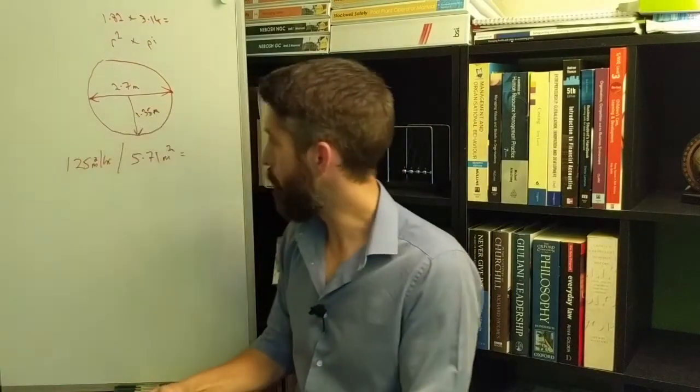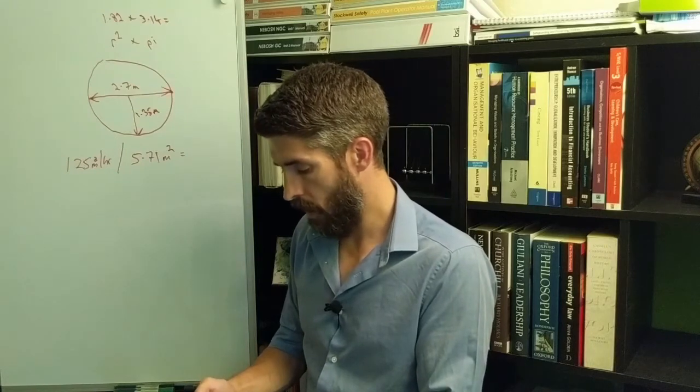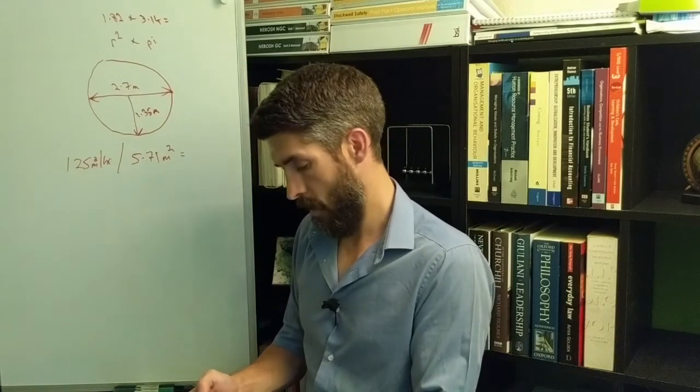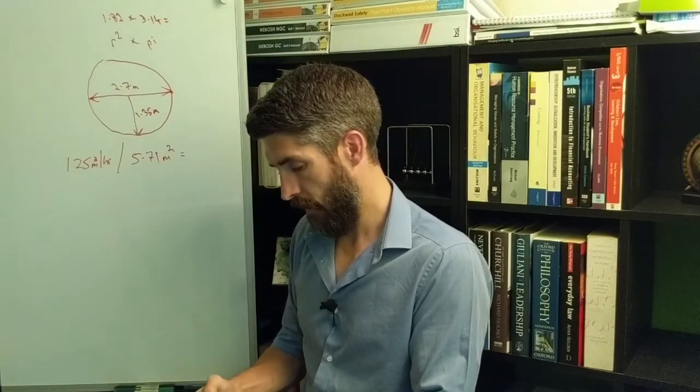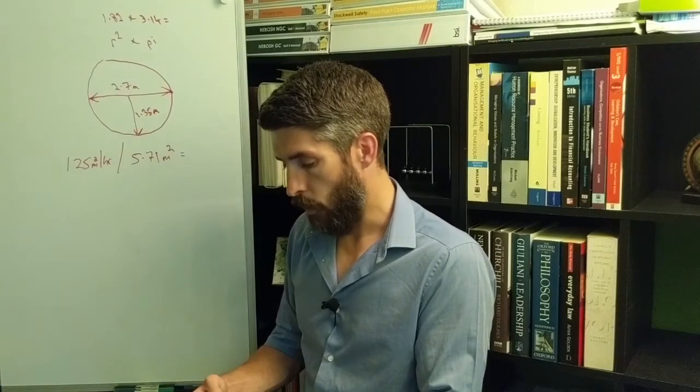So 125 meters cubed per hour divided by 5.71 square meters would equal